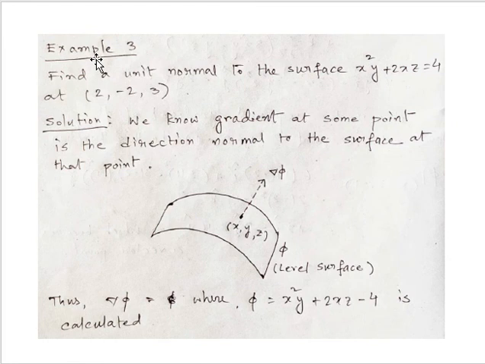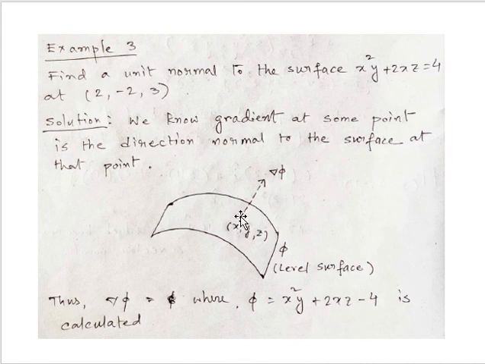Now come to example 3. Here we see, find a unit normal to the surface at 2, -2, and 3. Before starting the example, we need to remember that the gradient at any point, suppose this is the level surface, this is a scalar field, this level surface at any point x,